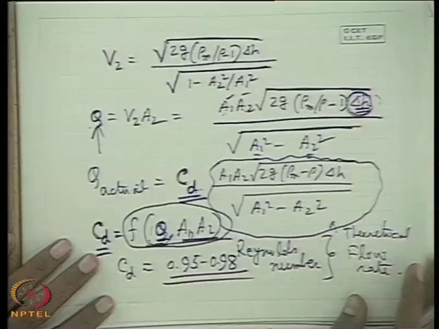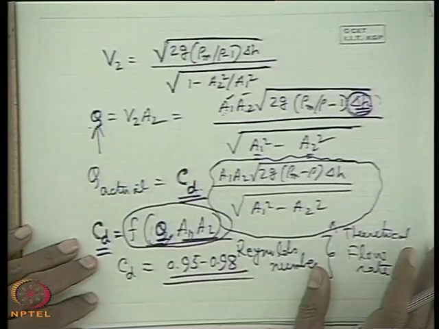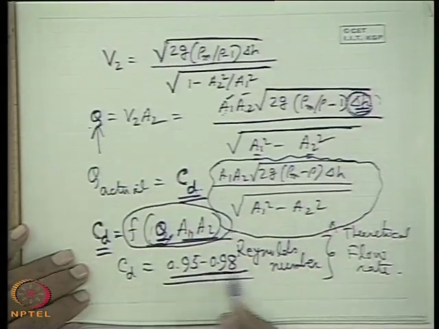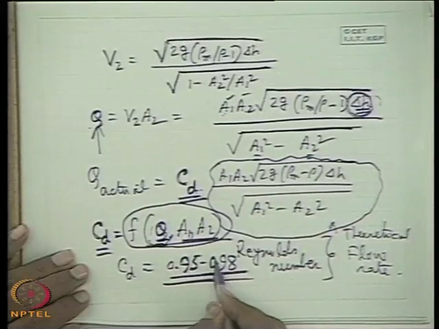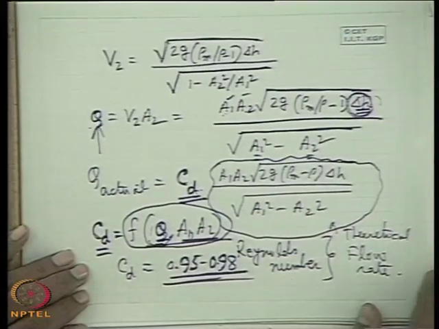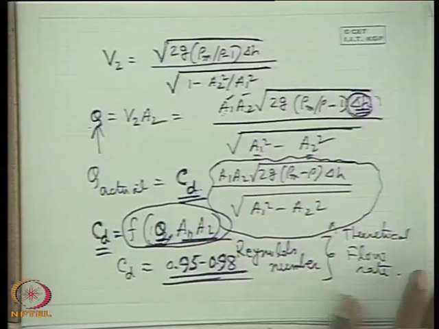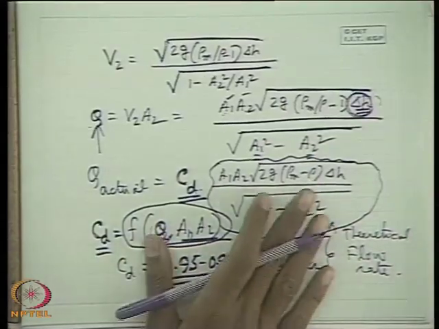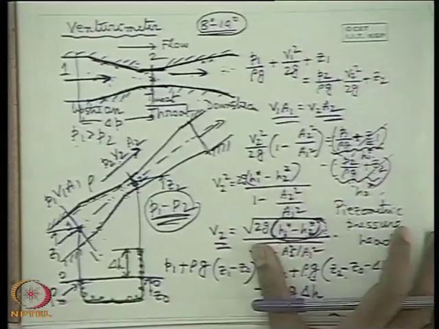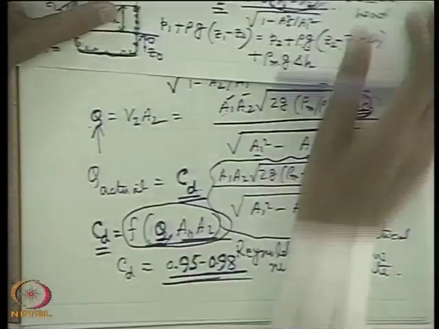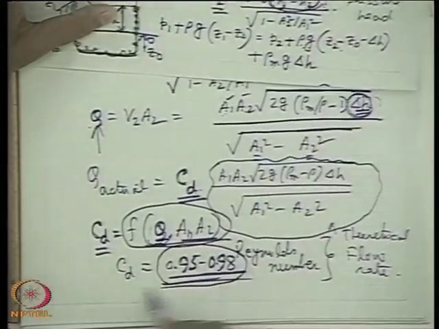Usually it is made of brass. The venturimeter surface is so polished that the friction between fluid and the solid is so low, so 0.95 to 0.98, this value of CD. Now the only job for measuring the fluid flow by a venturimeter is to calibrate the venturimeter. What is the calibration? Calibration means to know accurately the value of CD. How do you know the value of CD?